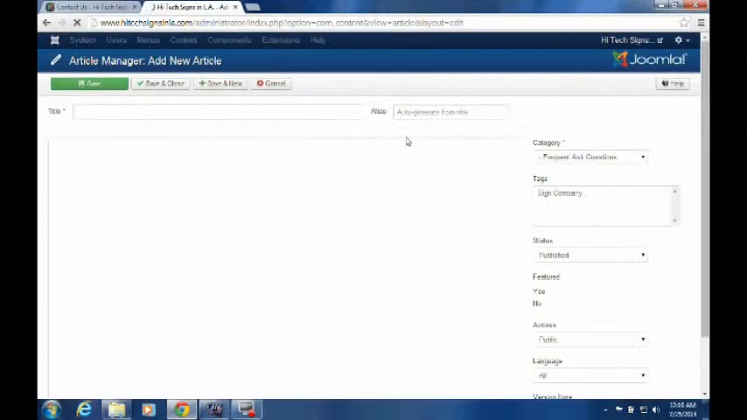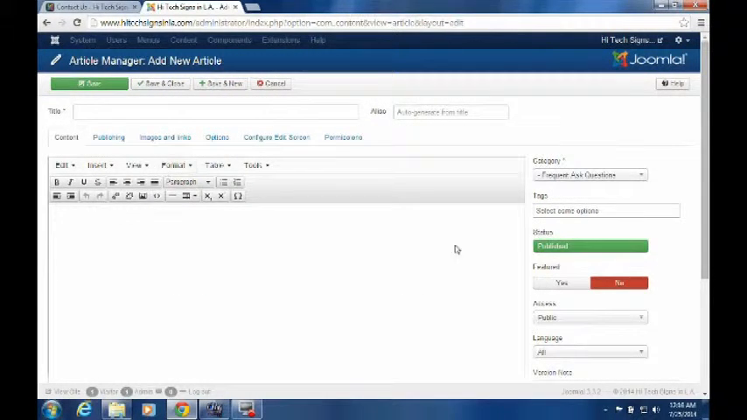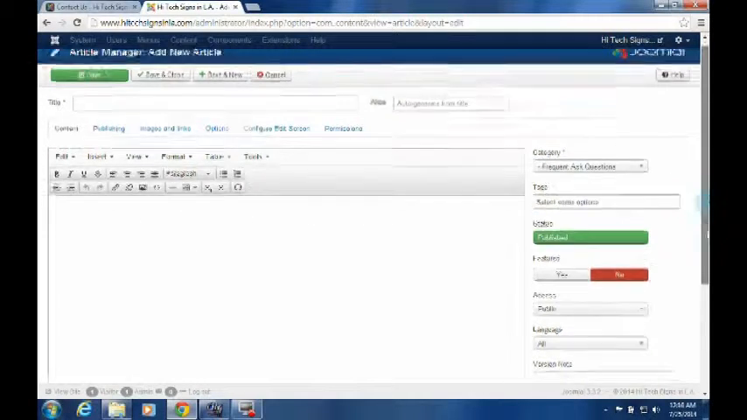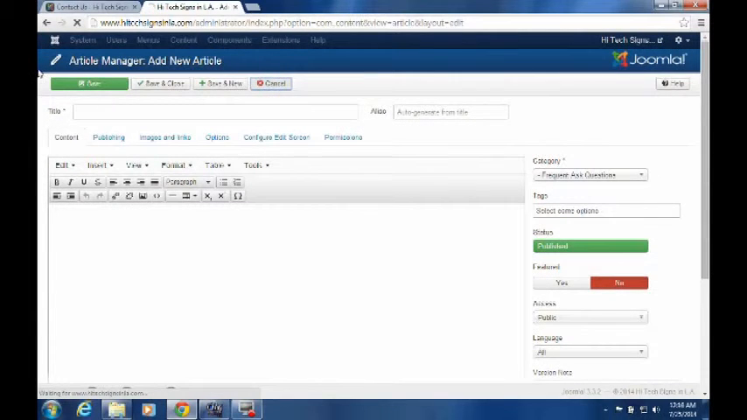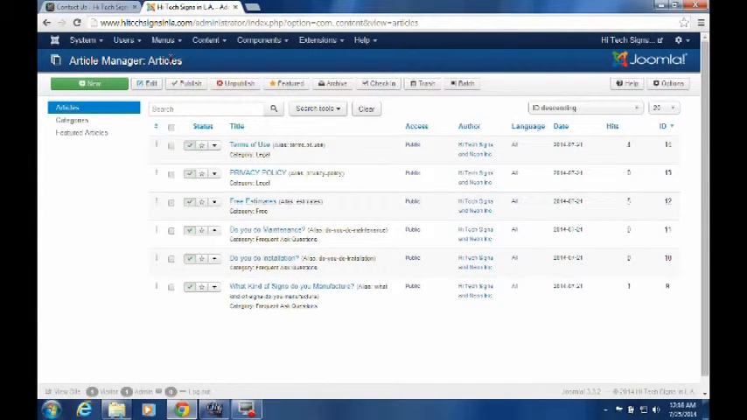Oh, and the most important part I'm forgetting, that's why I'm creating a new one again, is I will select the category. I will select the category frequently asked questions. Tags: here you can create tags. You can type a tag and press enter to create it. Featured, yes. That's about it. Okay, this is how